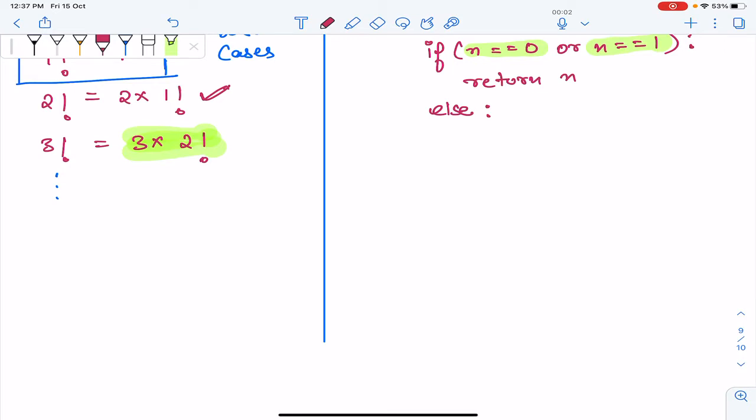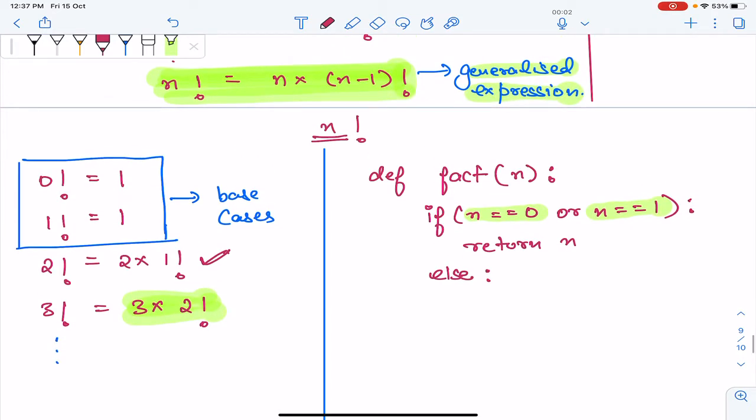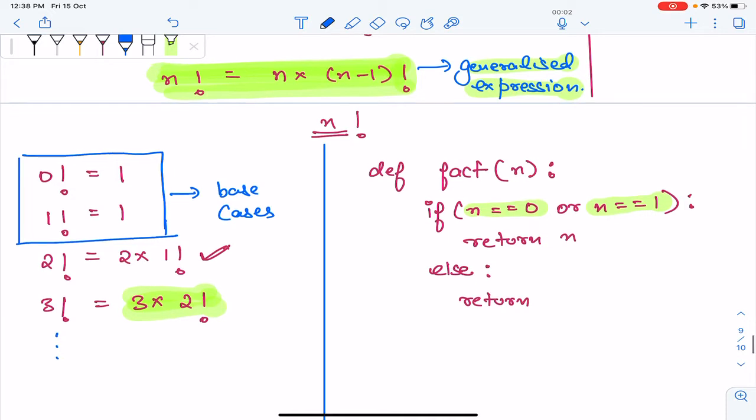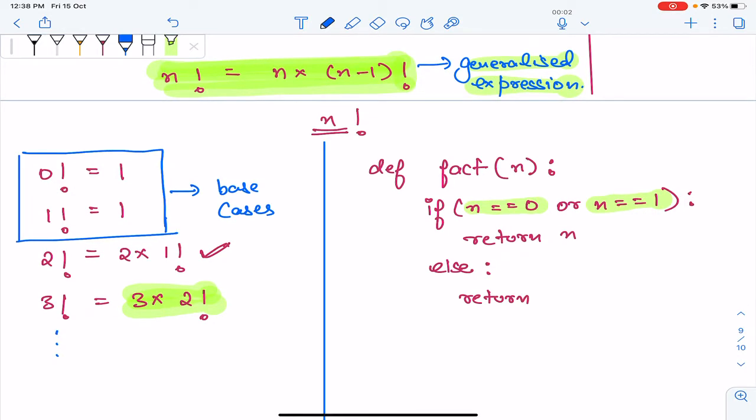In the else part, the generalized expression as we have solved here is return n into n minus 1 factorial. Look at over here which I'm pointing. It's almost like a laser, and I'm just highlighting it to understand what is on my screen. Now return n into factorial of n minus 1, and in these 1, 2, 3, 4, 5 lines of code,